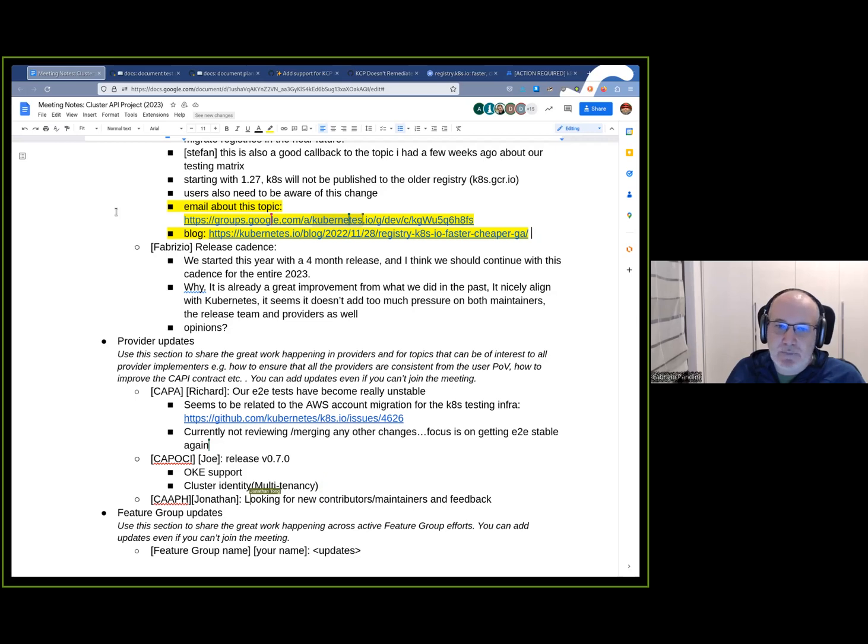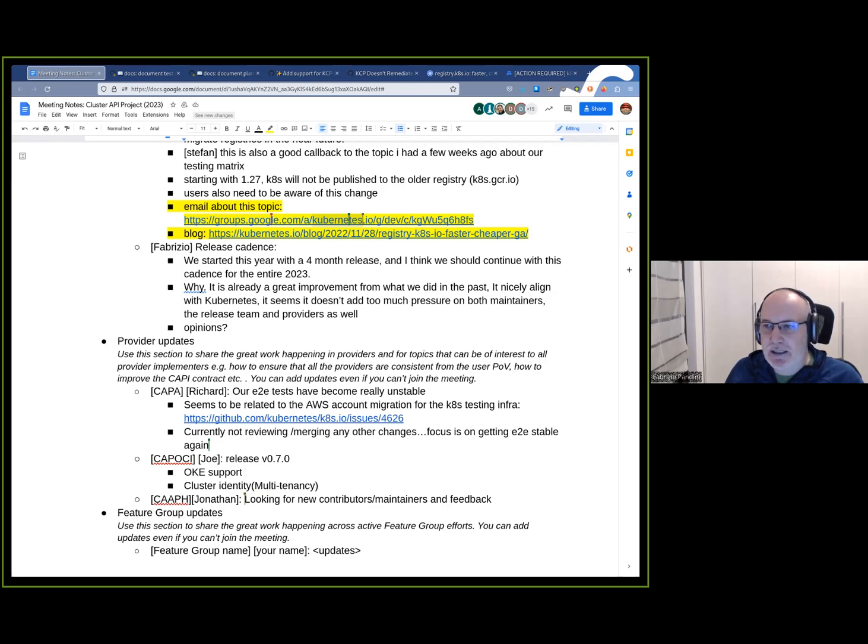So what I'm proposing and discussing with you all is that we expand this experiment and continue with this release cadence for the entire 2023. That means that this year we will have 3 releases,